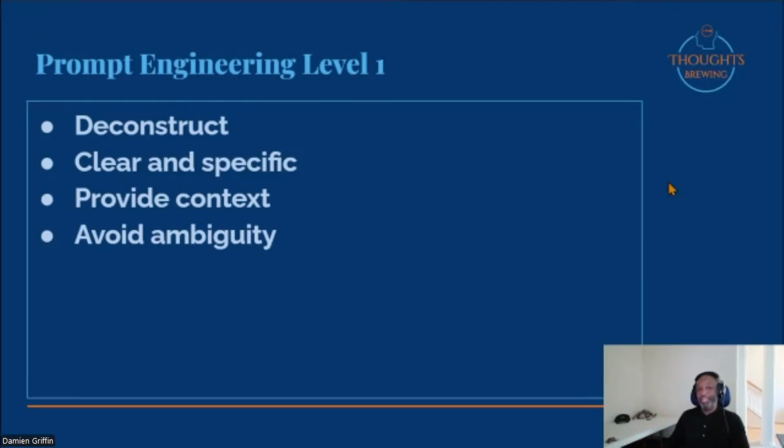So a lot of times if you get output and it doesn't make any sense, go back to the prompt and go word by word. Ask, how could this be ambiguous? How could this be taken a different way? This is pretty much universal, definitely ChatGPT, definitely the major tools. If they don't know what you want, they guess. So if your prompt has 100 different ways that it could be taken, it's going to guess.